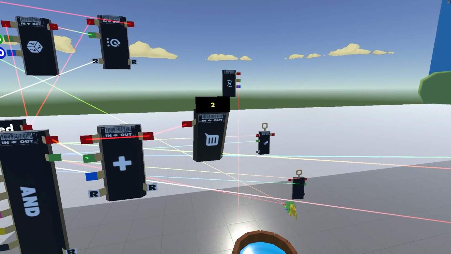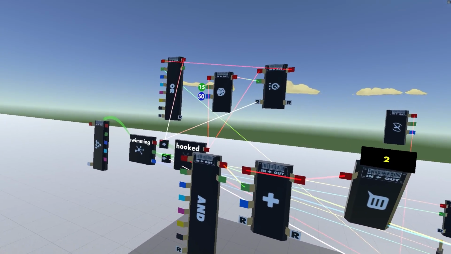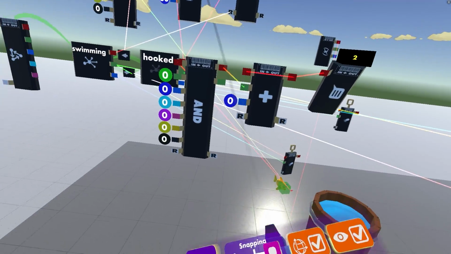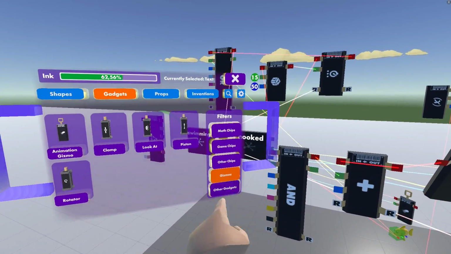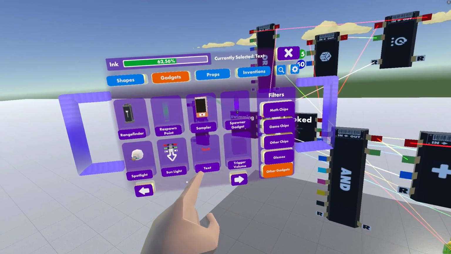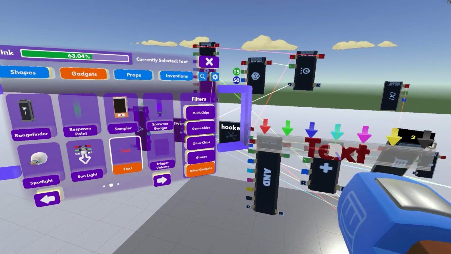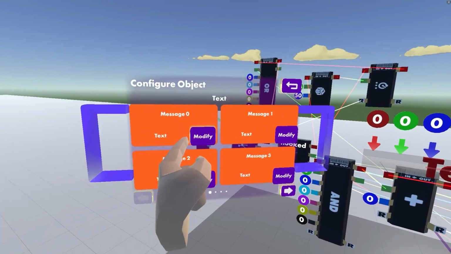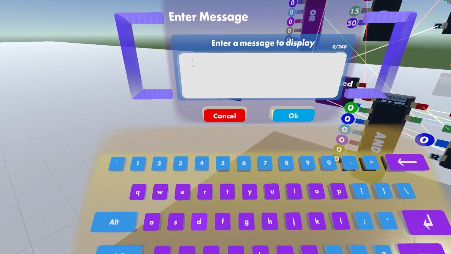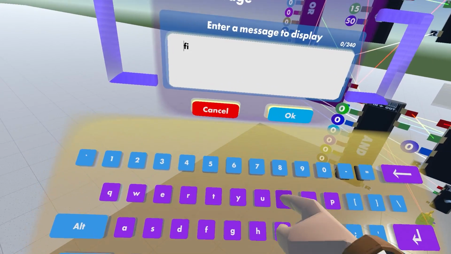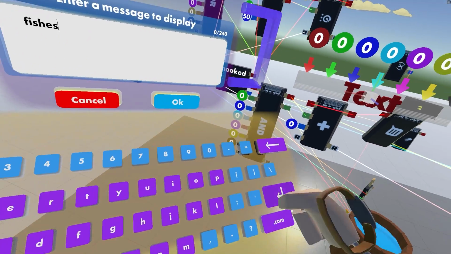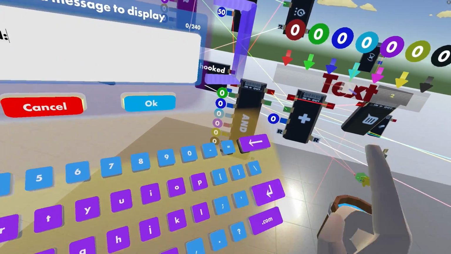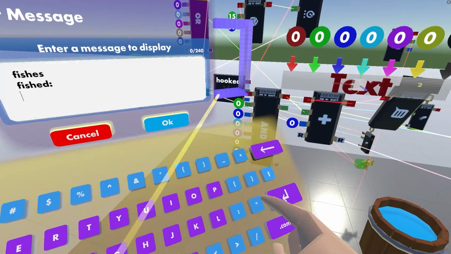Now, the slight issue with this system is that, well, it's an output chip. It's a chip. If you can't see chips, you can't see the output chip. So what we are going to do is we're going to get ourselves, in Gadget's second page of other gadgets, a text gadget, and configure that to say in message 1, "Fishes fished:" and now we put in a little